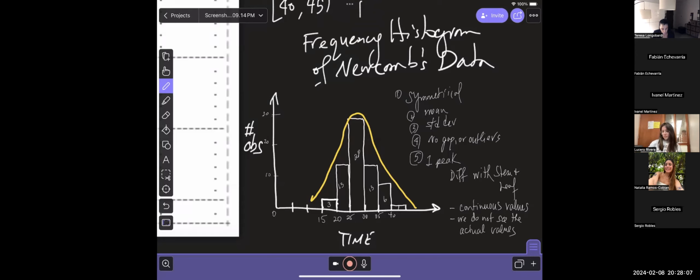in the stem and leaf plot, you actually see the values. You can see 22, 23, 28. You can see the numbers. Here you don't see the numbers. You just see them combined, grouped in classes where similar values are put together so we can see a pattern, but we don't see the actual values.